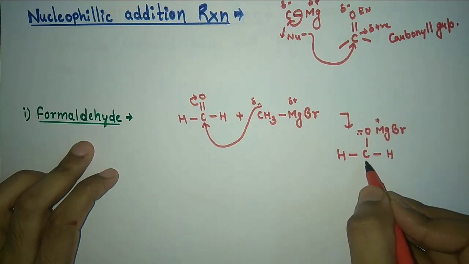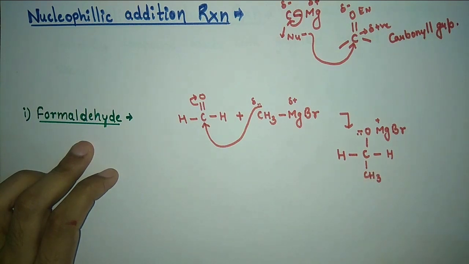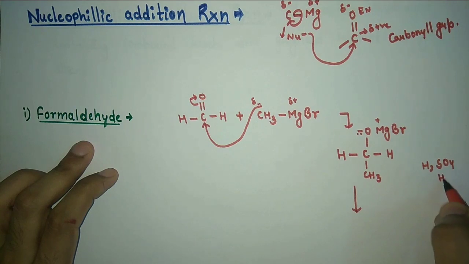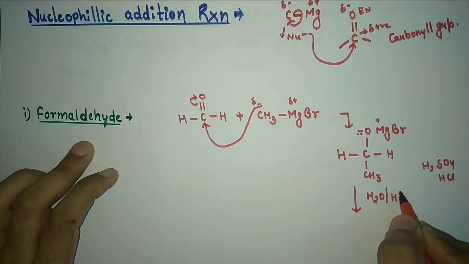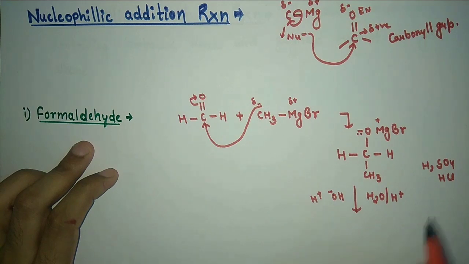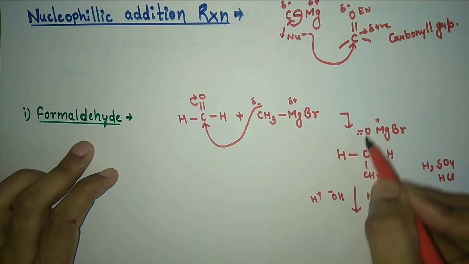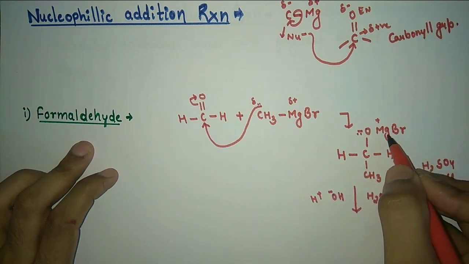This is H and it attacks at this carbon, CH3. Now what happens next? This product is then hydrolyzed, that is, reacted with water in the presence of dilute acids like H2SO4 or HCl, that is, H2O in the presence of acid. So what happens? Our H2O contains H plus and OH minus ions. So at the O minus this H plus will go, and this OH minus ion will go to this MgBr